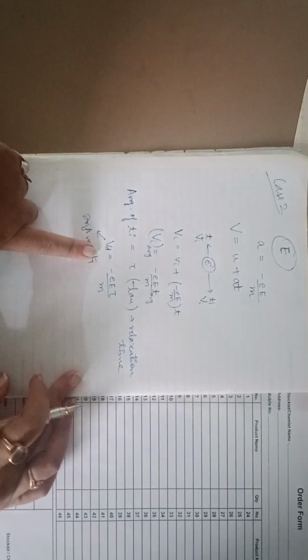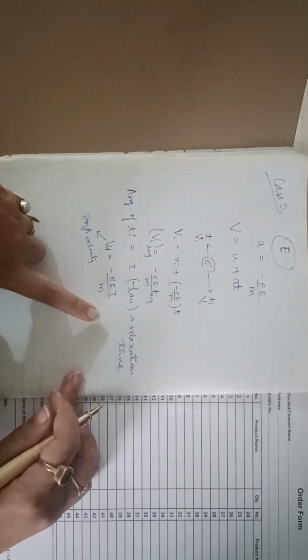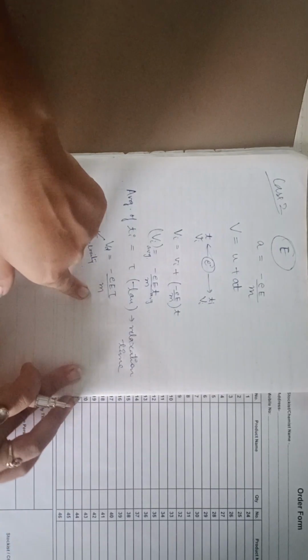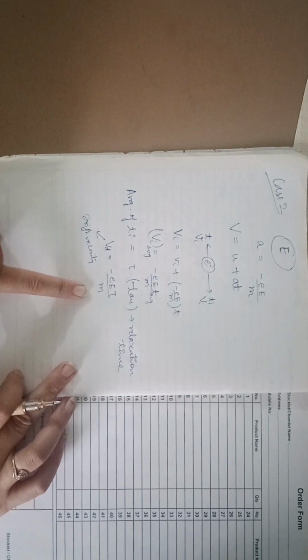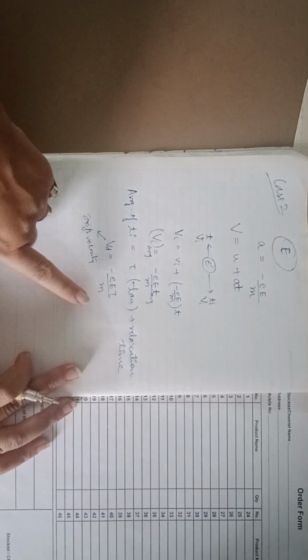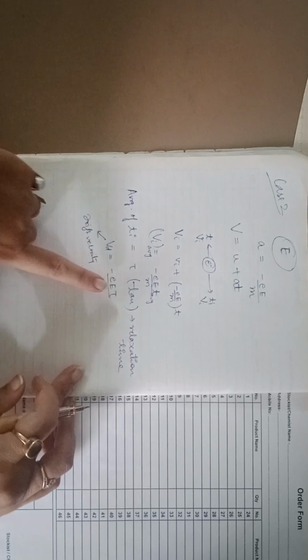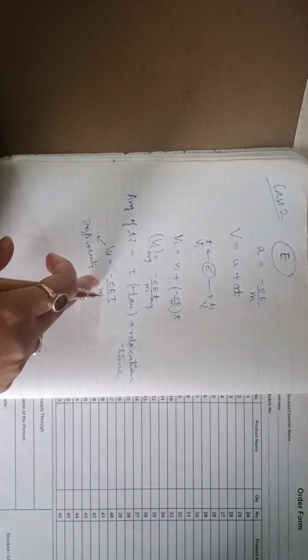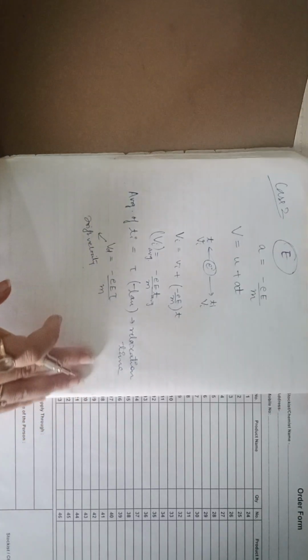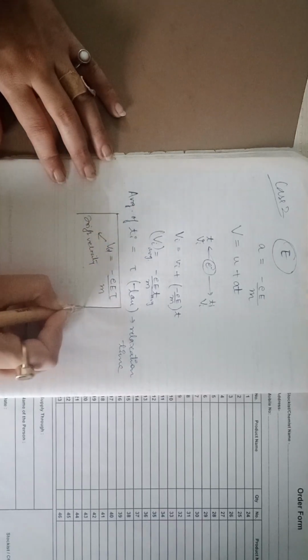So drift velocity is dependent on the electric field and tau, and inversely dependent on the mass. And here you can conclude that the drift velocity is independent of the time. This is another thing, this is relaxation time. It is talking about the time which it is actually taking for a collision. ठीक है, तो वो उसके independent है. So there is no use of time t. So overall the drift velocity is Vd is equal to minus E tau by m. This is the final formula for drift velocity.